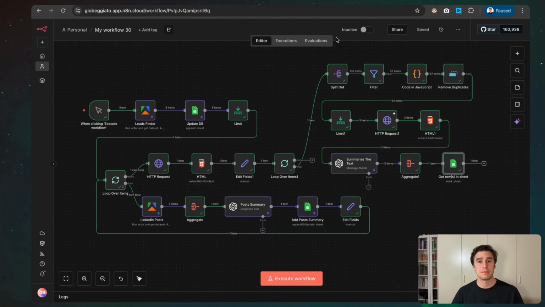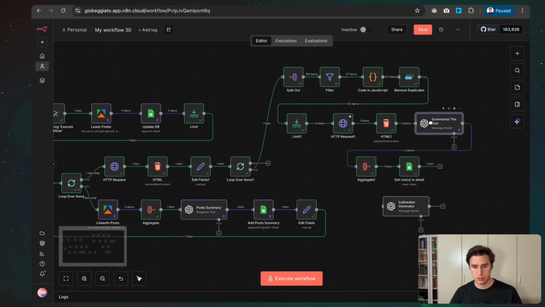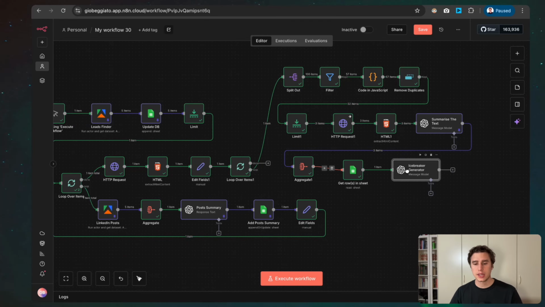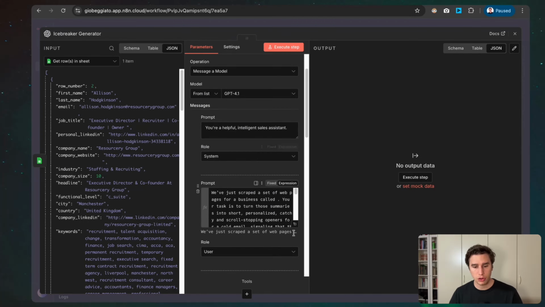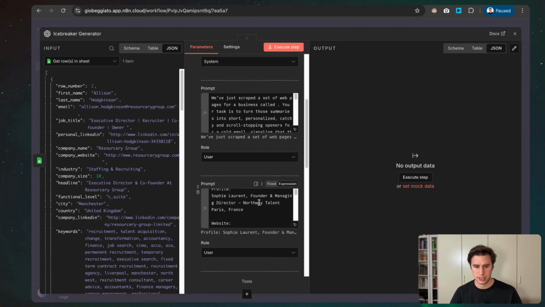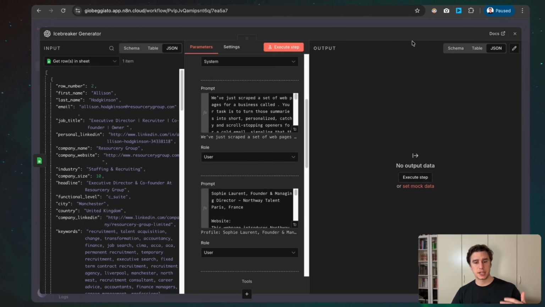So let me prepare the LLM node. And there we go. We have our icebreaker generator. So I'll paste the prompt right here. Then we're going to move it and put it in here, and we're going to connect it. One thing that I want to say is that there is a gigantic prompt. You can feel free to read it. However, the examples that I provided are very fine-tuned for recruitment because this is what I am doing right now, correct? And it's very important that you understand that this icebreaker generator works